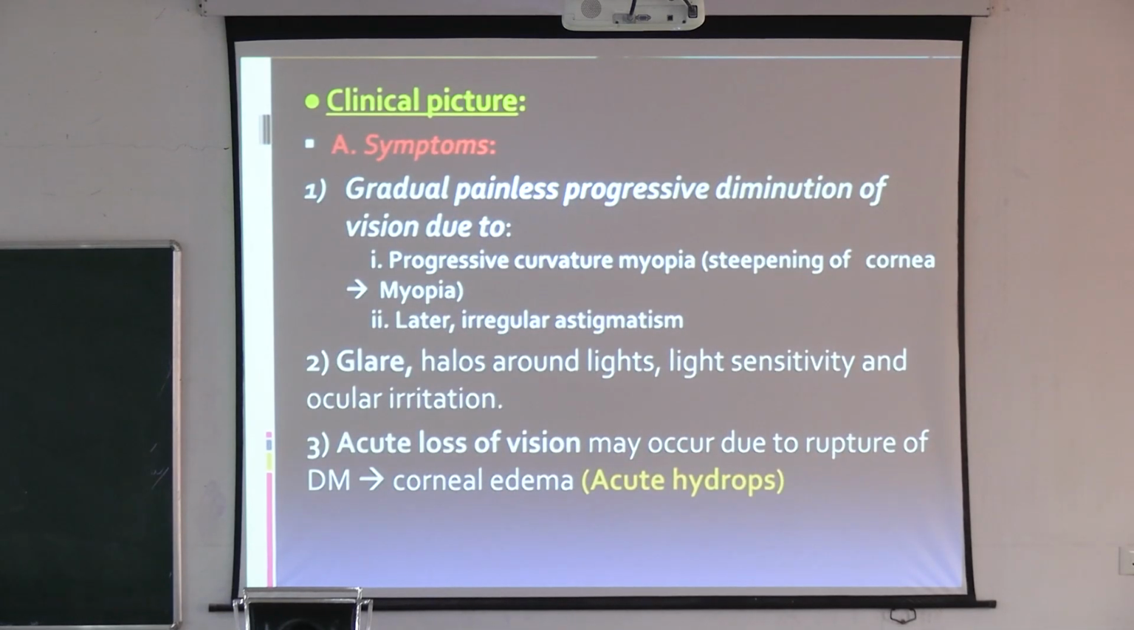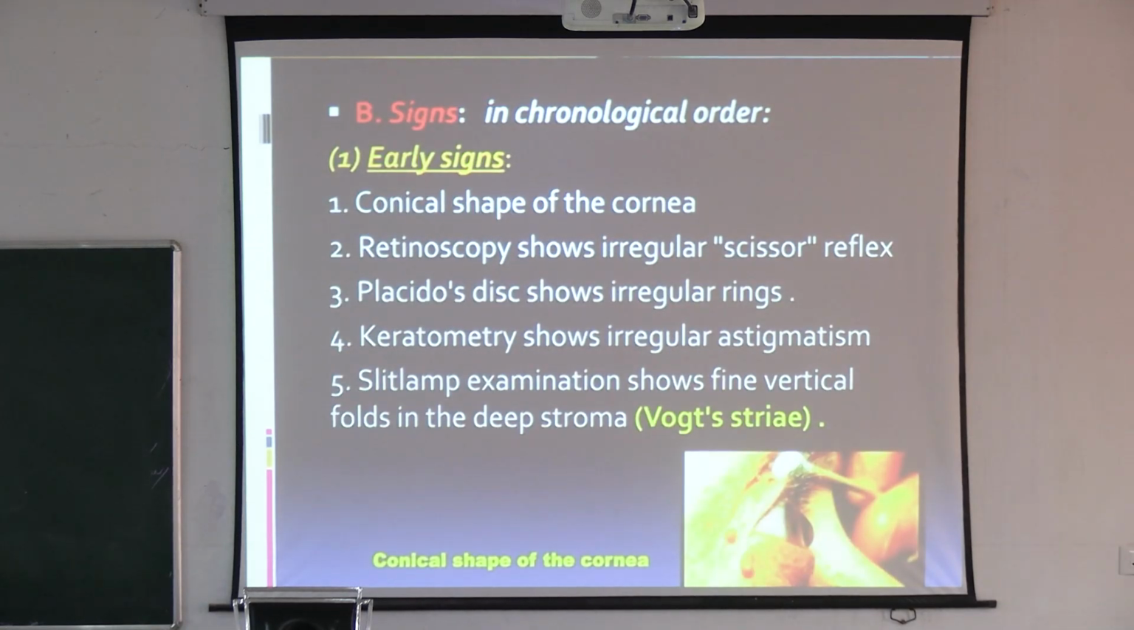Then clinical features: the patient has gradual, painless, progressive diminution of vision, later due to the irregular astigmatism, and due to the thinning of the cornea, the eye changes into progressive curvature myopia. Then glare occurs, the patient has colored halos, light sensitivity and irritation. And sometimes the patient has acute loss of vision due to corneal edema in the center part of the cornea. Then signs,